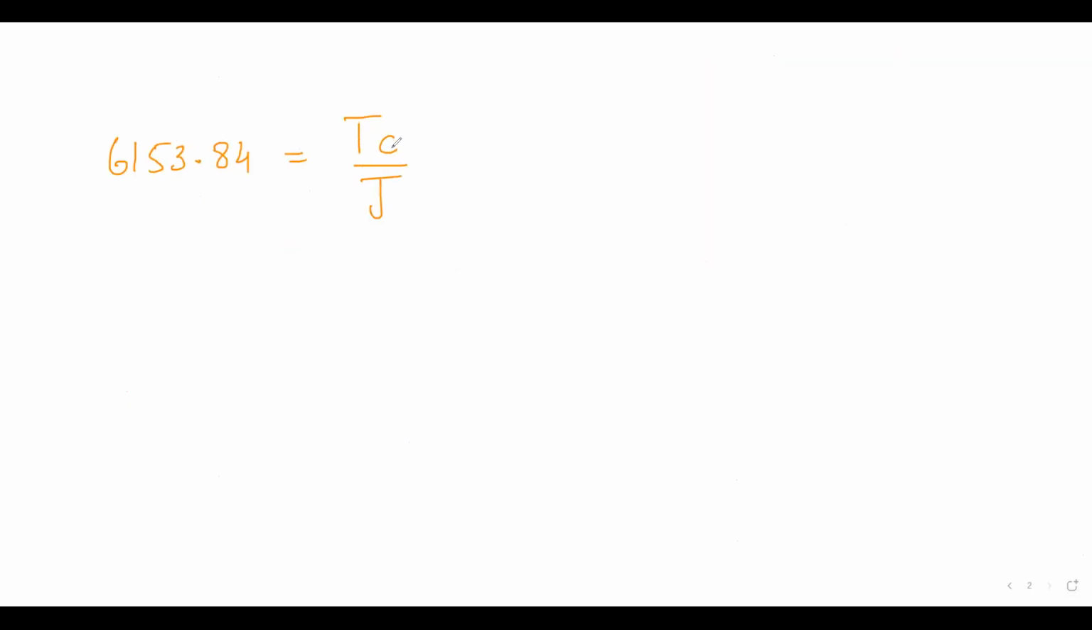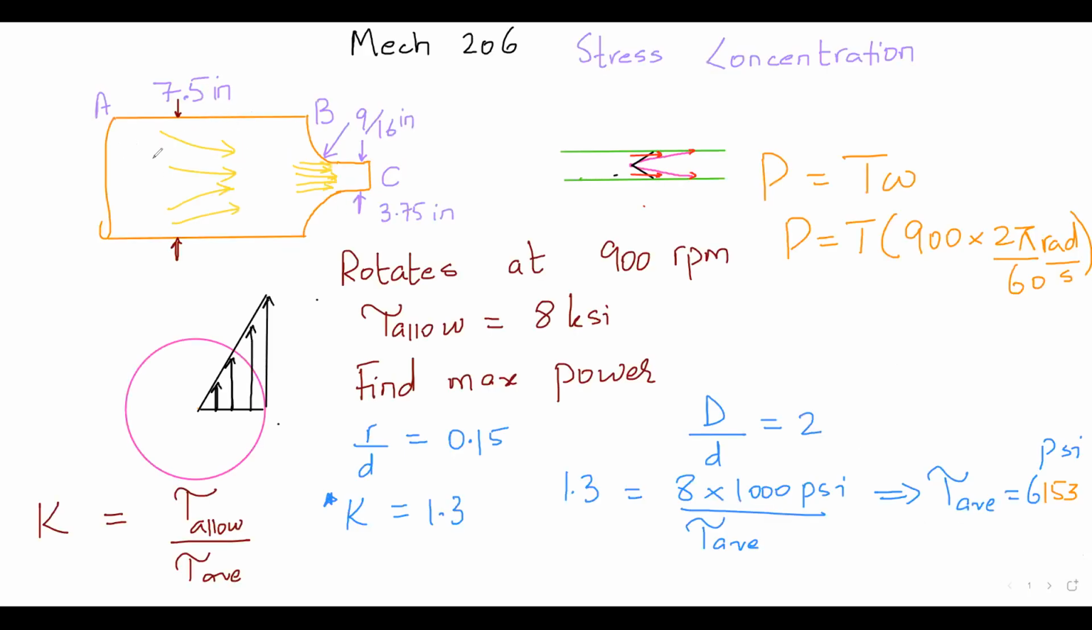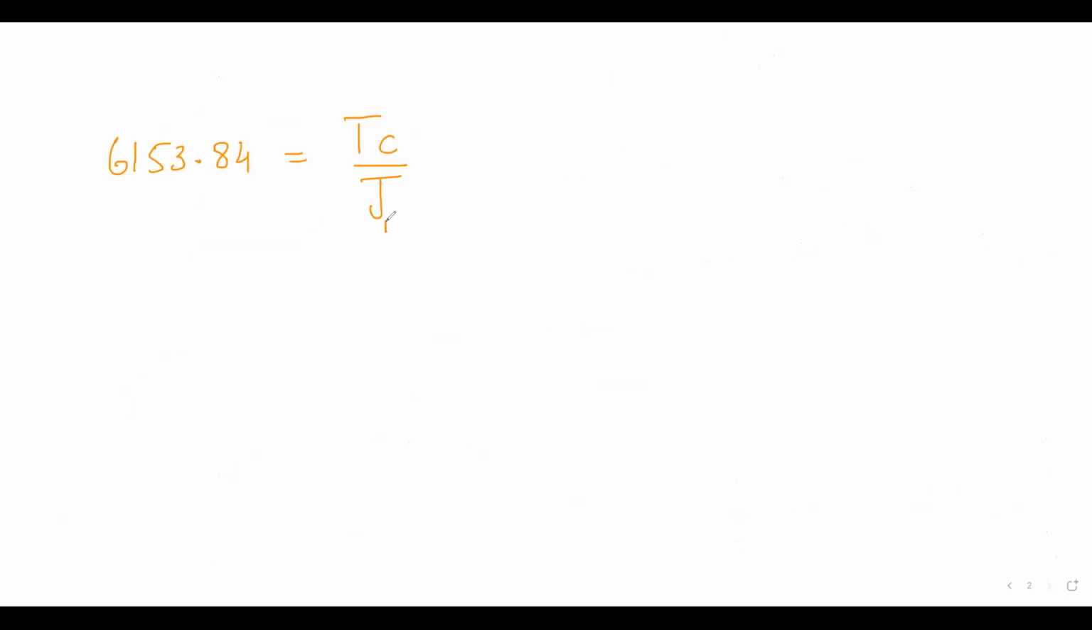Now I have to use the torque, then C. Now between the two of them, should I take the diameter of AB or BC? The small one, because that will give me more shear stress, or a better estimation for that matter. So I will take the small one, not the big one. And I will write 6153.84 equal to T multiplied by,